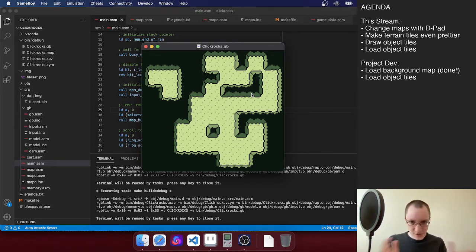I got about halfway done with this. I wanted to get the D-pad thing done last night, but instead I ended up playing an awful lot of Rocket League. So I only got about halfway through this task. So I'm gonna finish that up, and then we're going to get to the art phase of this stream,